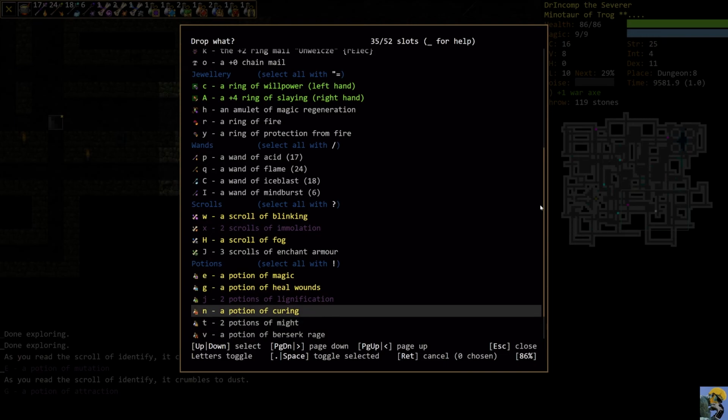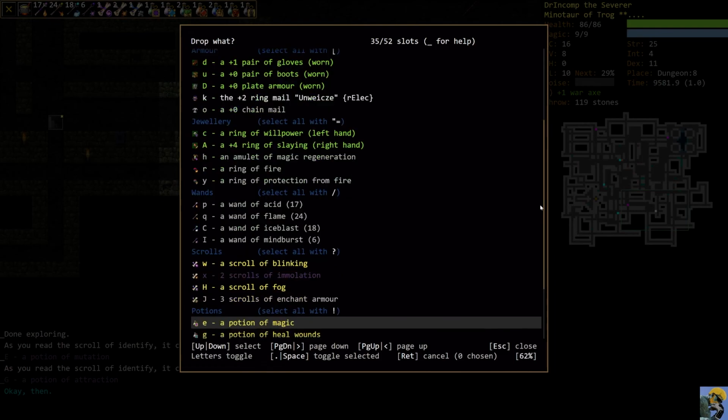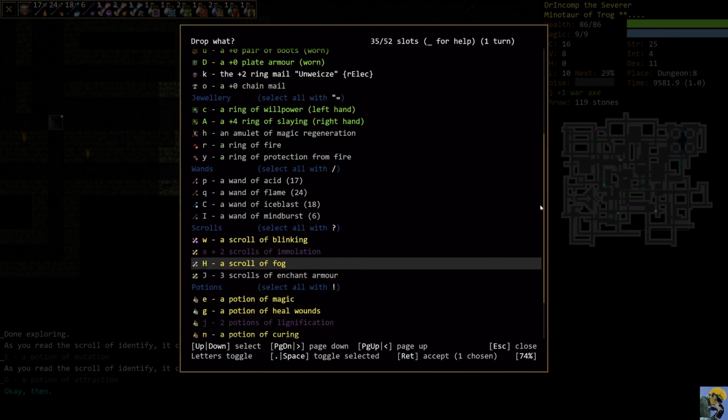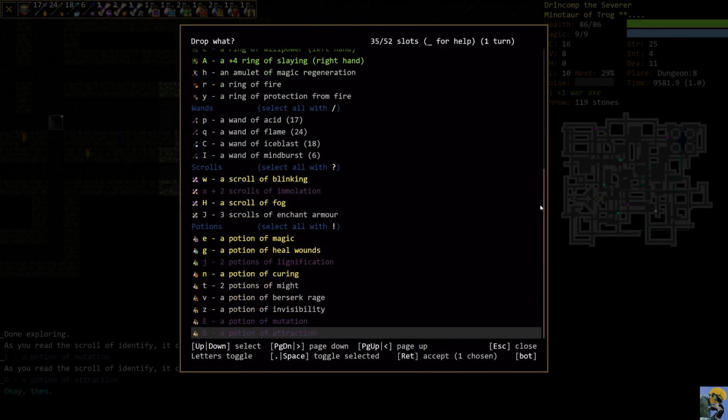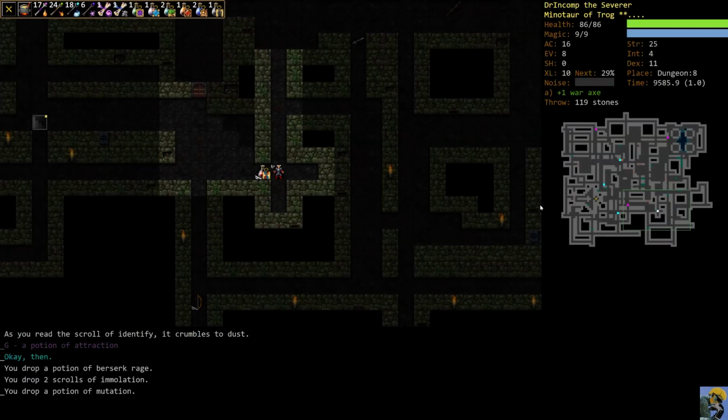I'm going to drop these scrolls of Immolation, okay? And... oh, okay, I got to push X, and then I got to say... I also want to drop the Potion of Berserk Rage. I already go Berserk, it's fine. And I'm going to drop the Potion of Mutation like that. Potion of Mutation...